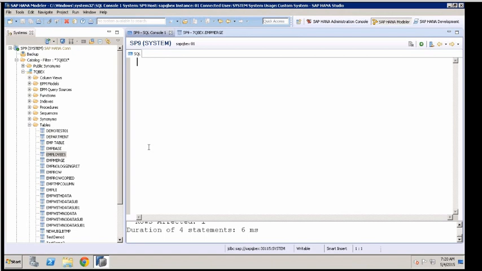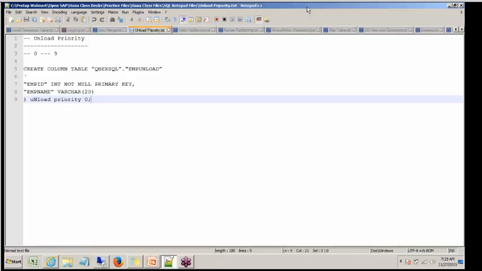As and when the tables are being fetched, it will keep loading them into main memory automatically. Let's say at some point you feel that memory is being filled up. The system will automatically unload some tables, but when it is unloading, I would like to control which tables have to be unloaded first. So while creating a table, we can control that particular unload priority: which table should be unloaded earliest. Getting this? The tables which you feel are not really used for reporting a lot, we will try to unload faster.